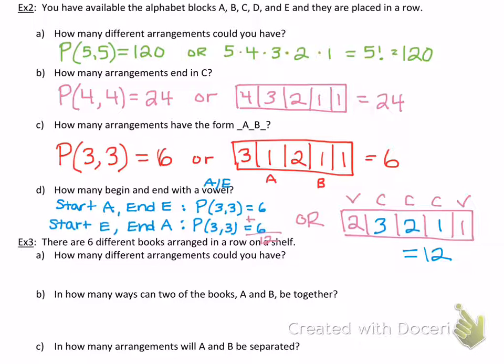Example 3. There are 6 different books arranged in a row on a shelf. How many different arrangements could you have? Well, if there's 6 books, we have 6, and we're choosing 6 because we want to use all of them. And this gives us 720 options. Now, in how many ways can 2 of the books, A and B, be put together? All right, so this is a little bit tricky. What we're going to do is count A and B next to each other as a single